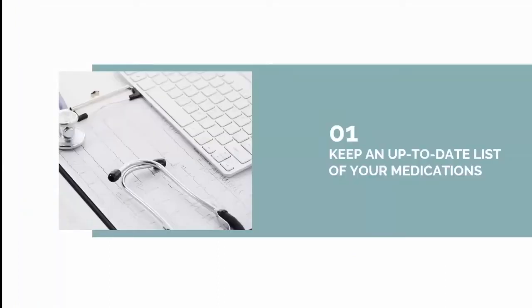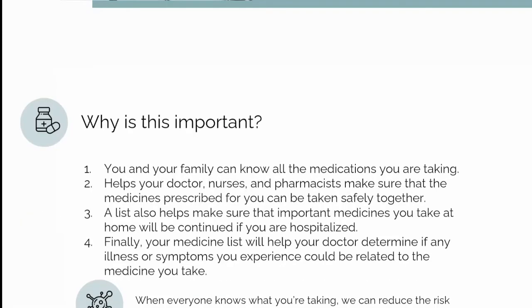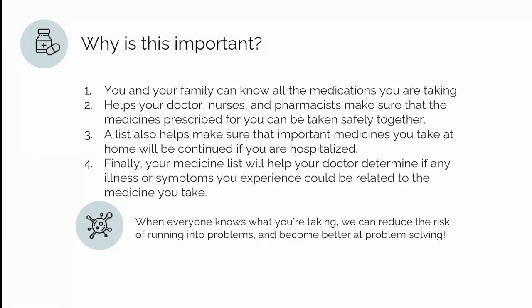Our first tip is to have an up-to-date list of your medications. You may be wondering why this is important. This is important because you and your family can know all the medications that you are taking, especially if you're in a situation where you're very nervous, you're not thinking straight, and it's hard to think of everything off the top of your head. You may also forget things. Having a list means that you and your family know all the medications that you are taking. It also helps your doctor, nurses, and pharmacists make sure that the medicines prescribed for you can be taken